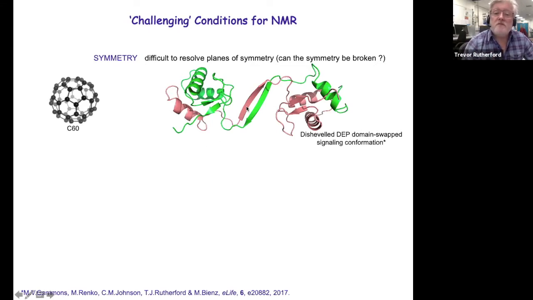In our case, the place where it becomes extremely challenging is when we have domain swapped dimers, for example. This is a homodimer, again from one of Marianne's projects, where we have one element from the monomer swapped over into an equivalent position in the neighboring subunit, and these occupy a plane of symmetry. They exhibit a plane of symmetry down the middle, and we're very challenged to resolve the two parts of the